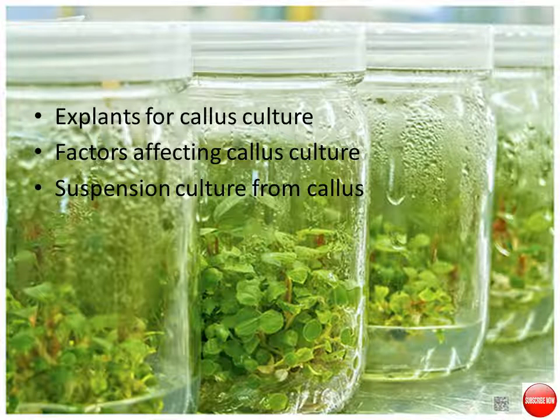Now coming to the explants for callus culture. The starting materials, explants for callus culture, may be differentiated tissue from any part of the plant. As I said, it may be root, stem, leaf, anther, flower, anything. The selected explant tissues may be at different stages of cell division, cell proliferation and organization into different distinct specialized structures. If the explant used possesses meristematic cells, then the cell division and multiplication will be more fast, it will be more rapid.